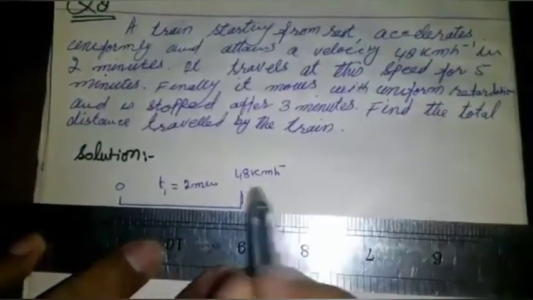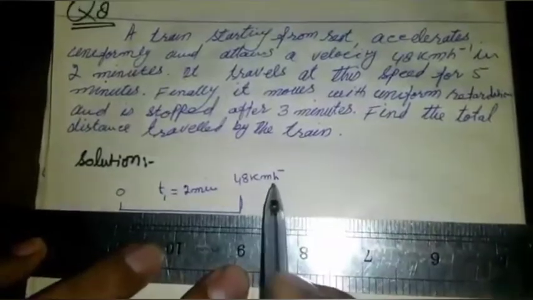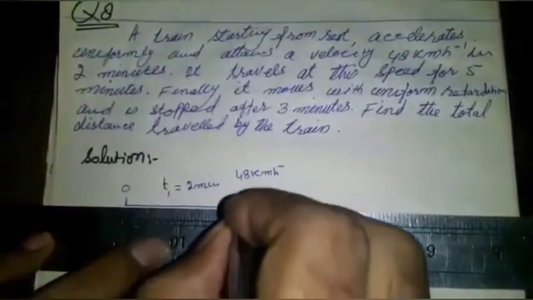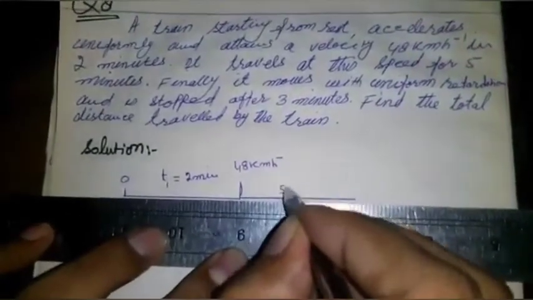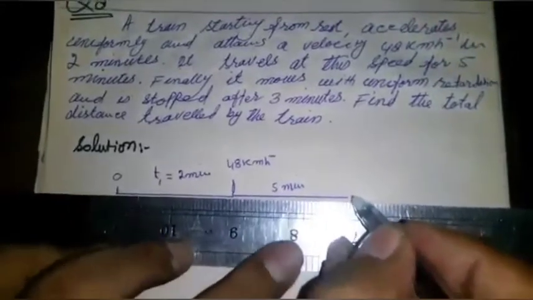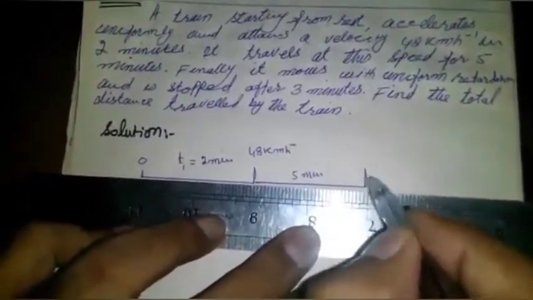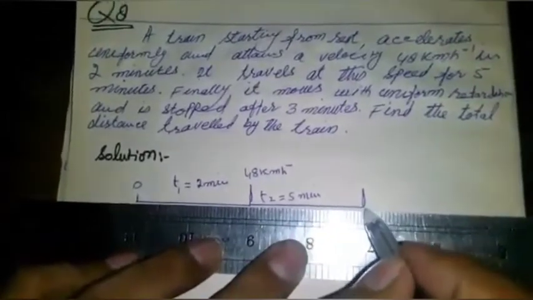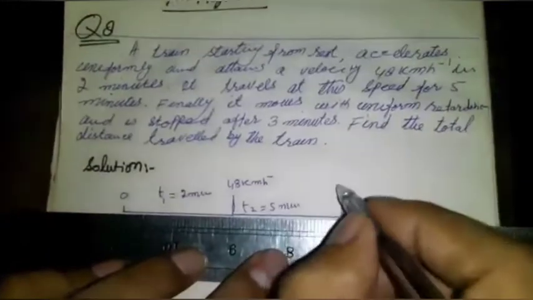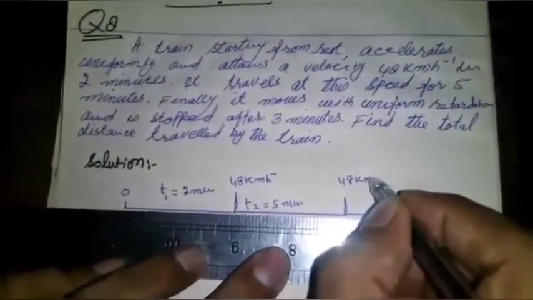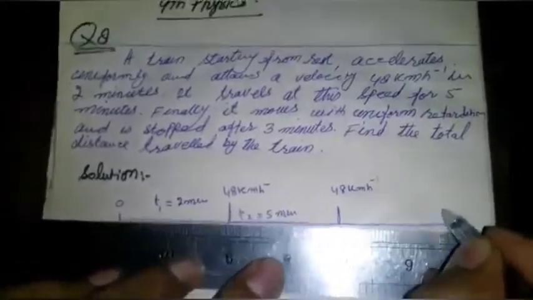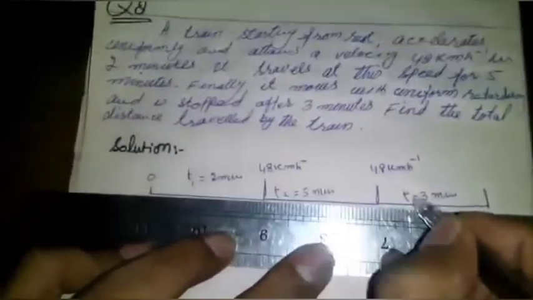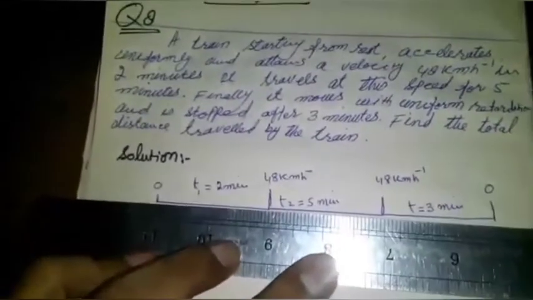It travels at this velocity 48 किलोमीटर पर आवर for 5 minutes. 5 मिनट तक वो इसी स्पीड पर चलती रहती है, यानी कि 5 minutes. एंड ये इसी स्पीड पर चलते हुए ये फासला तय करती है और इसका टाइम t2 = 5 minutes। और उसके बाद उसको ब्रेक लगाई जाती है और जब ब्रेक लगाई जाती है यहाँ तक इसकी वेलोसिटी 48 किलोमीटर पर आवर रहती है। ब्रेक लगाने के बाद वो 3 मिनट के बाद स्टेशन पर जाकर रुक जाती है और यहाँ उसकी वेलोसिटी 0 हो जाती है।